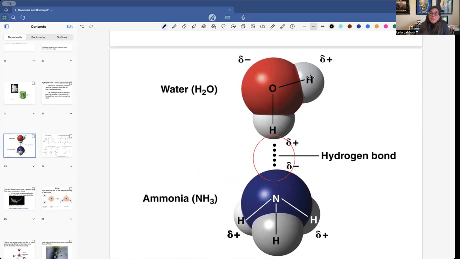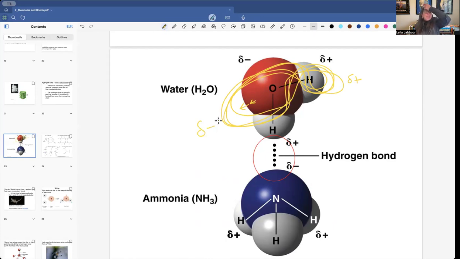ammonia. This electron cloud stays over here, but it goes way over here. So you end up with a little bit positive here because this whole cloud is moving towards the oxygen. So this will be delta negative, meaning a little bit more negative on this side than the other. So facing the positive charge of a hydrogen, for example here, and communicating that with an ammonia molecule,